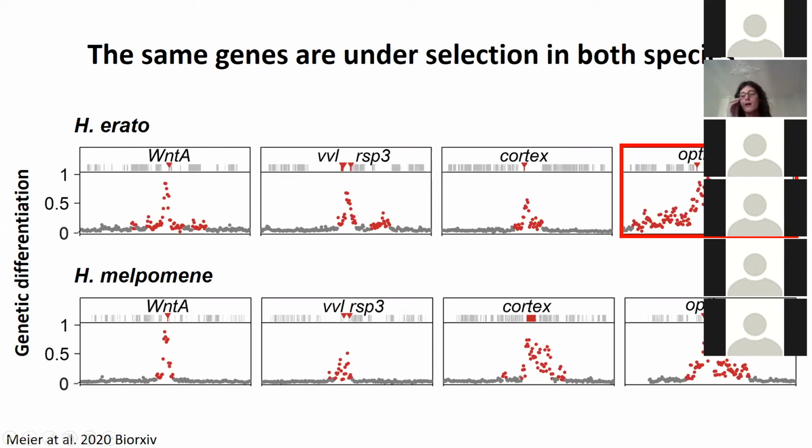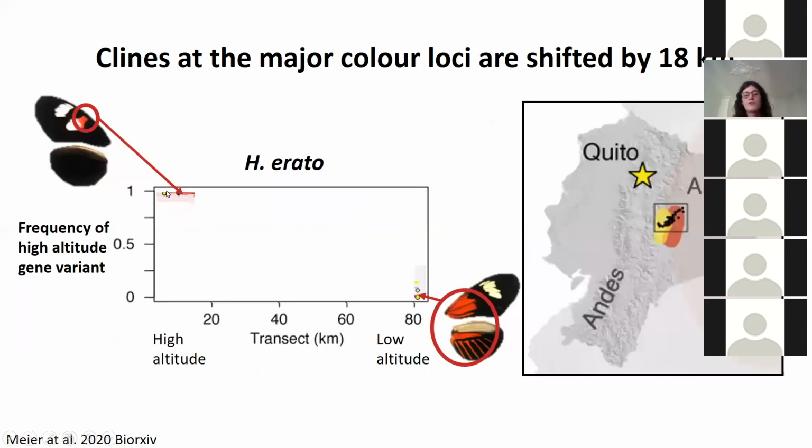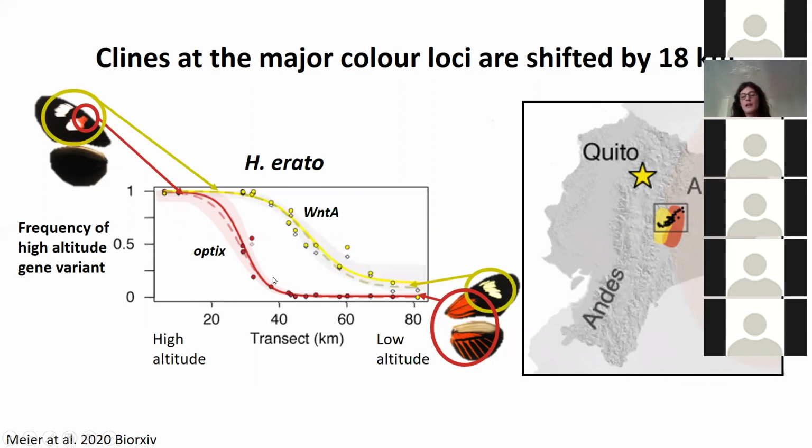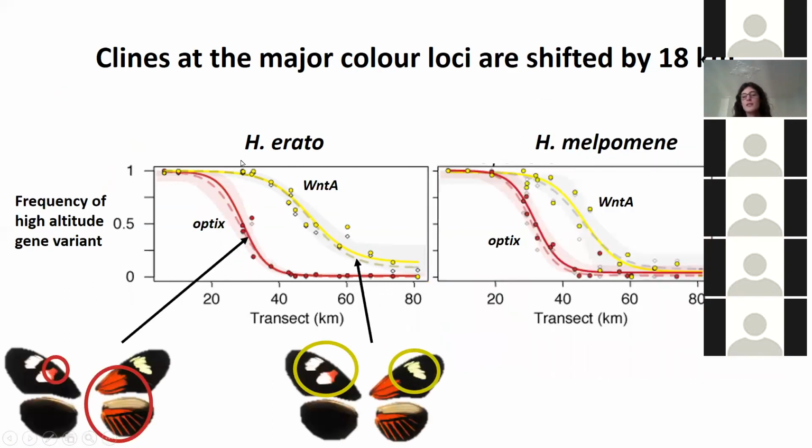And when we look at how the gene variants change from highland to lowland, for instance, at optix in Erato, we find that at high altitude, the high altitude variant is fixed. And then as we move along the transect towards lower altitude, there is a steep decline in the highland variant at around 30 kilometers, indicating that there's really like a hybrid zone here. But then when we do the same for Wnt, which is the gene that determines having 2 or 1 forewing patch, there is a strong shift with a center around 50 kilometers. And we find the exact same shift in both species, in Erato and in Melpomene,